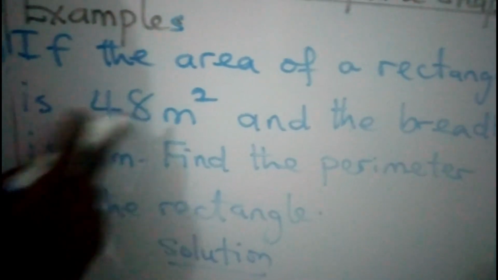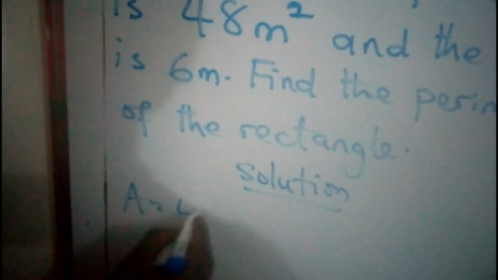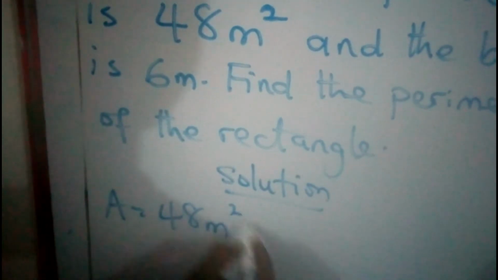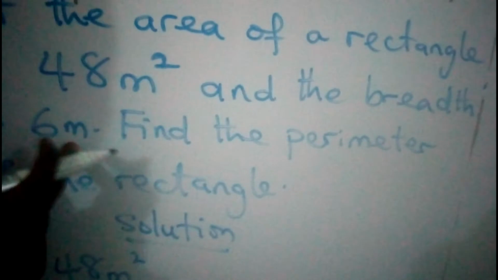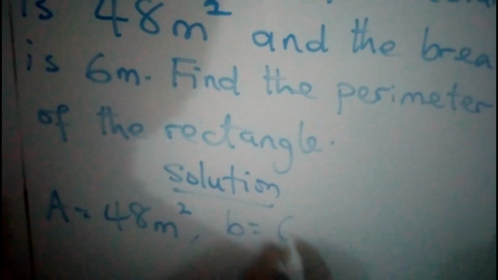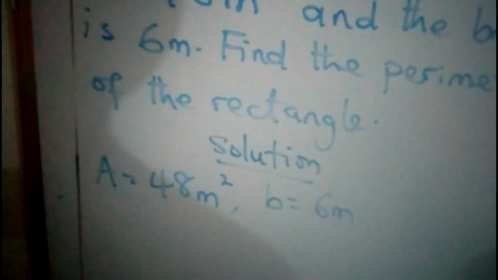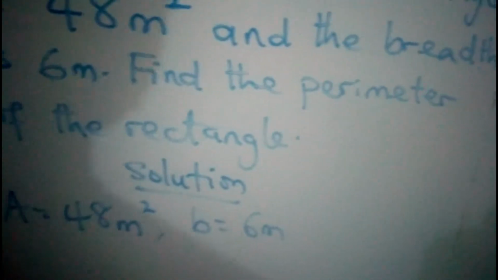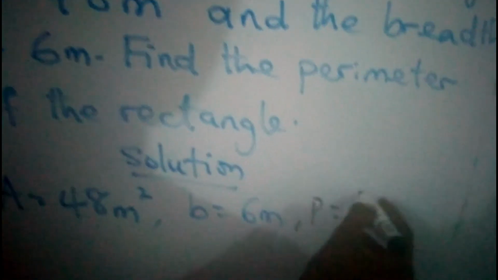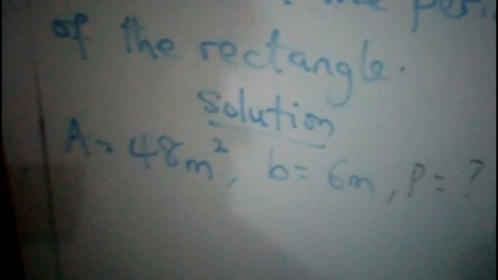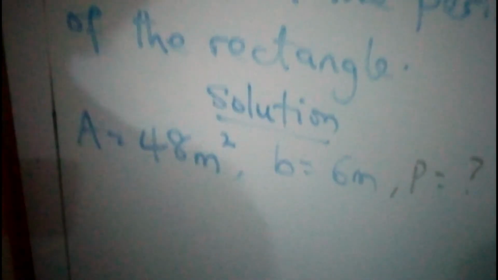Area of the rectangle is 48 meters squared, and the breadth is 6 meters. So breadth is also given as 6 meters. And we are to find the perimeter. Perimeter is unknown. So since we are to find the perimeter of the rectangle, we need the formula for perimeter of a